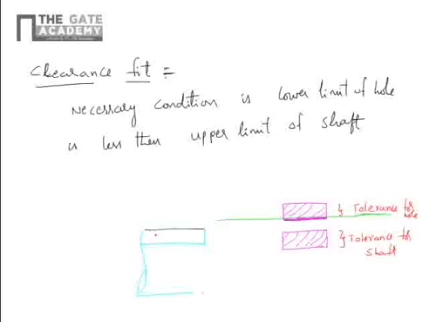So the shaft dimension, tolerance for shaft is, this shaft dimension can vary, sorry, some cross. This you can allow the shaft if the dimension is between this tolerance, the shaft tolerance. Similarly for hole,